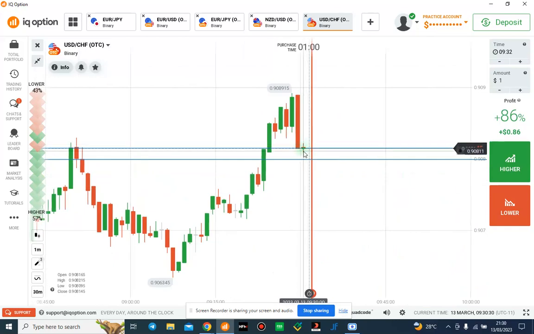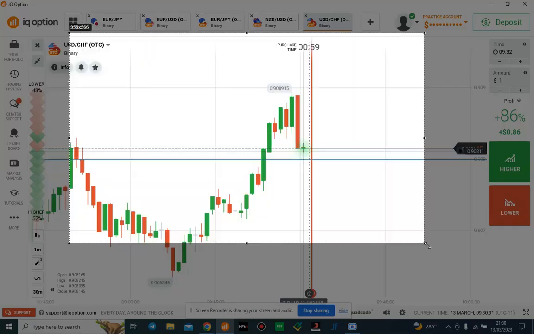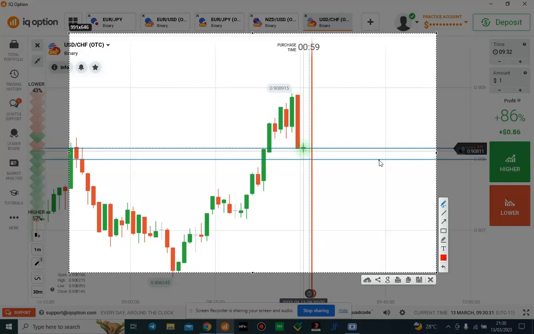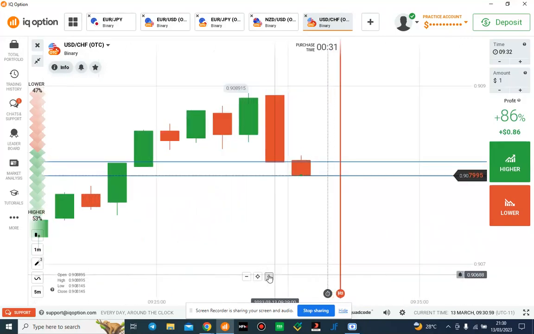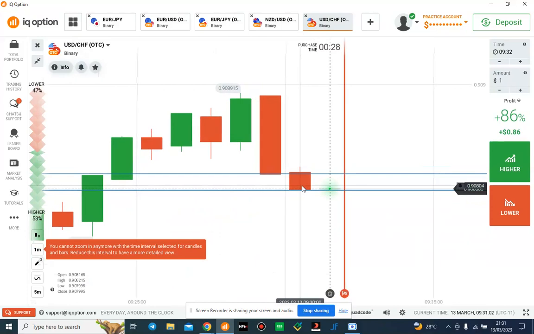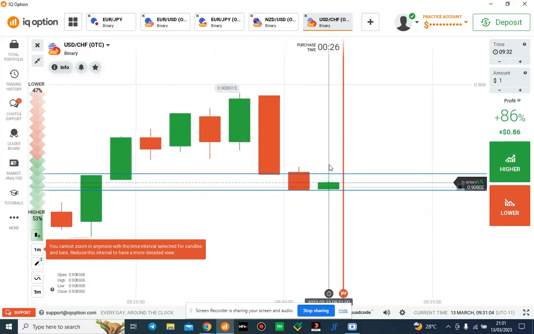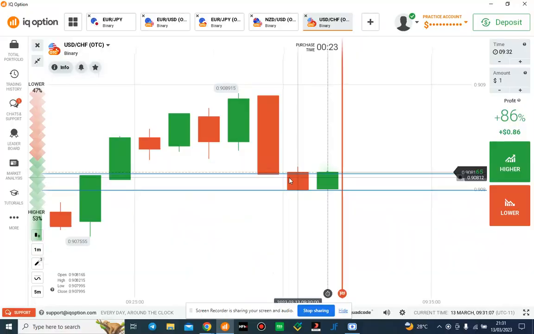So which means that, okay, a resistance here as well, which means that the market closed in here. What I'm expecting is some buyers entry. Okay, so as the sellers has closed here, though there wasn't any rejection, but this is also let's say a Marubozu candle. But at least I'm expecting one more red candle. After one more red candle, I can expect some buyers entry. Okay, I think the sellers now is entering the market. If there's any rejection, there wasn't any rejection. But I think the buyer should enter this time because